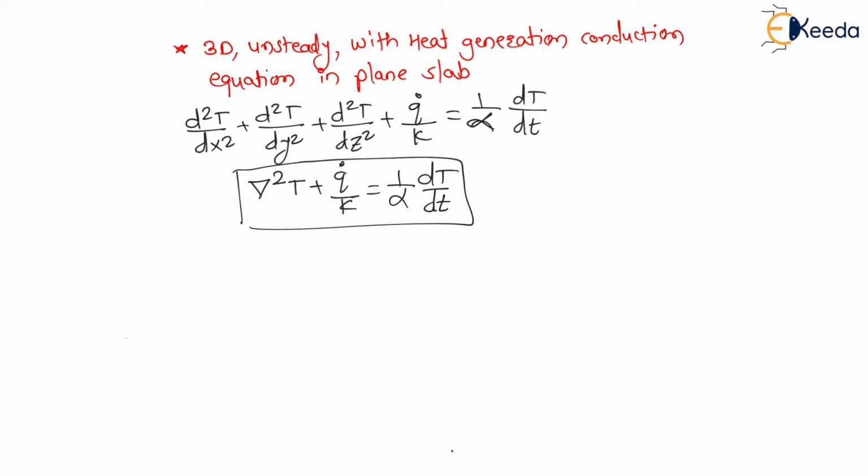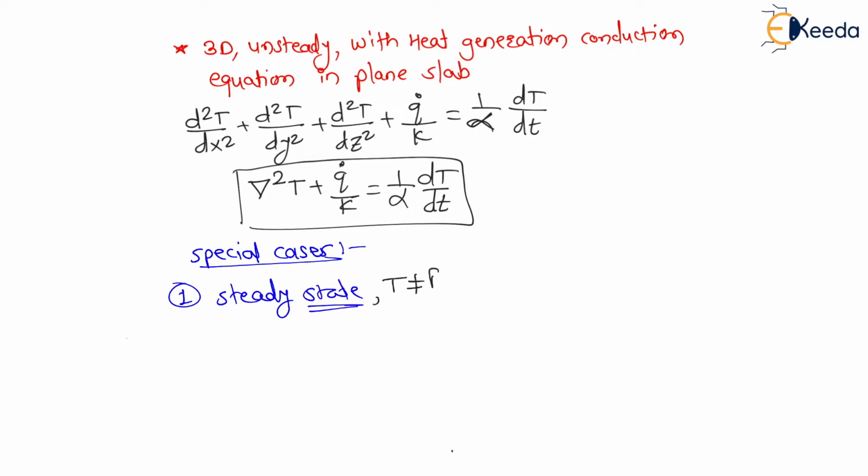Now, my dear students, let us understand the special cases. Here we are going to see special cases of this equation, right? And questions will be on special cases only, right? Very first special case is, let us say, the steady state condition. Here I am assuming steady state condition. Now, meaning of steady state is nothing but the temperature is not a function of time. Means the change in temperature with respect to time is zero. The temperature will not change with respect to time. This is called steady state conduction.